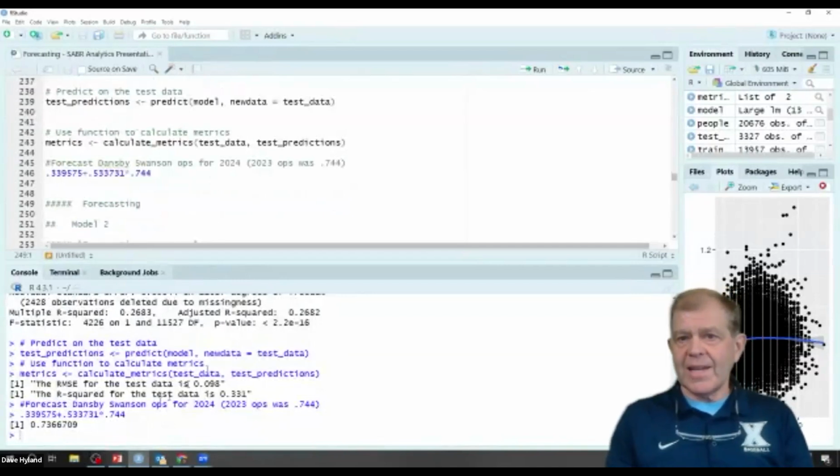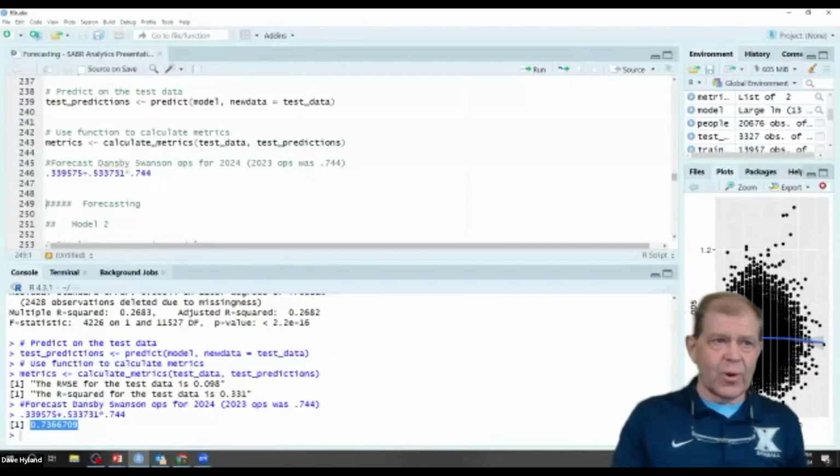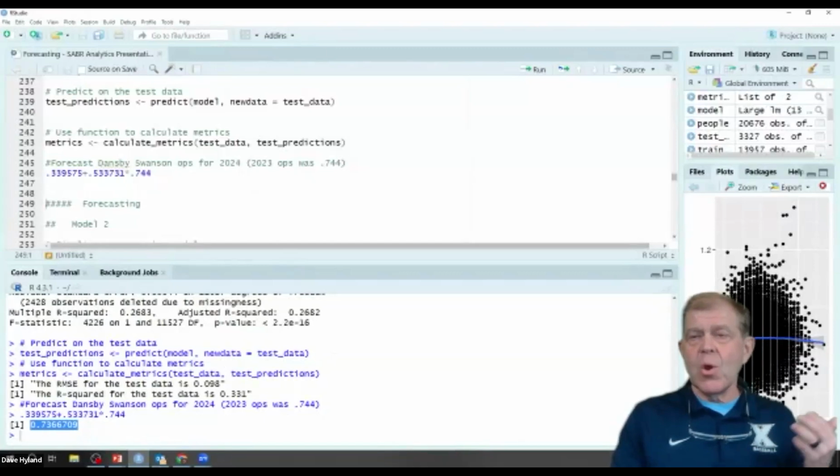So our forecast for Dansby Swanson for this coming season using this model is 0.736 or 0.737. So our forecast for Dansby Swanson is a little less for 2024 than for 2023.